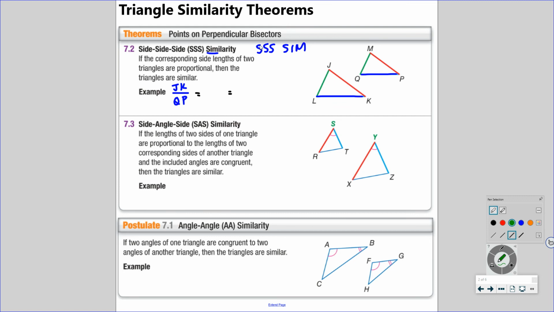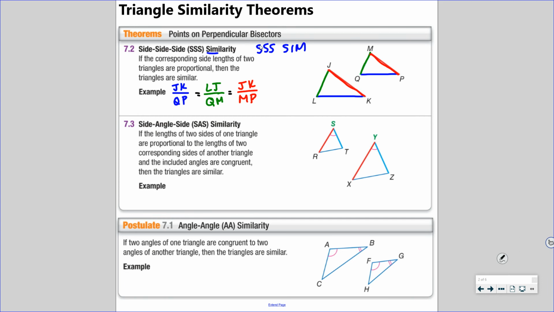The green ones, LJ to QM. Make sure you're keeping the triangles consistent with what you're putting on top of these ratios. JK to MP. As long as those are all the same scale factor,